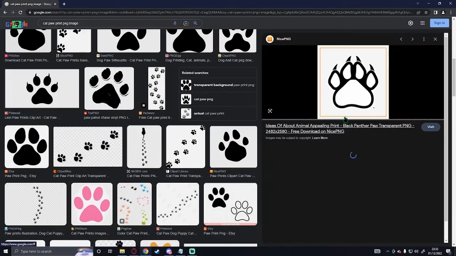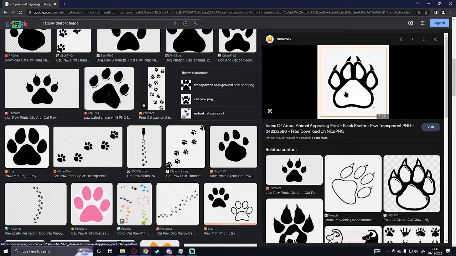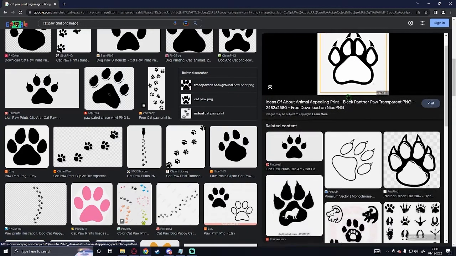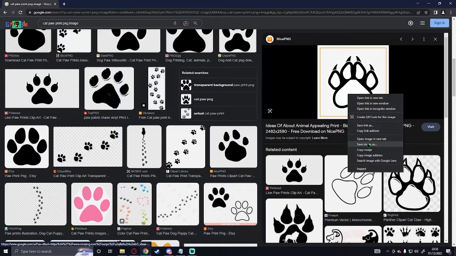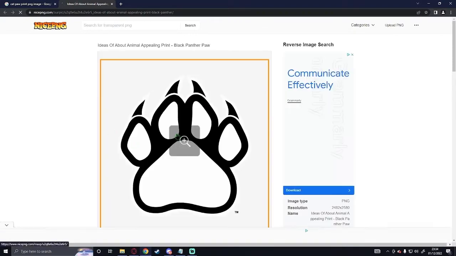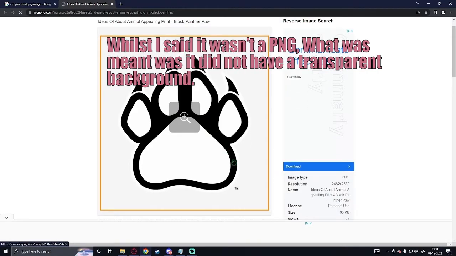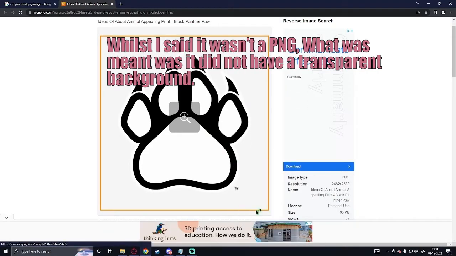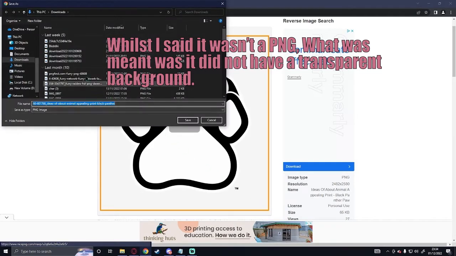Paw print. Ooh, that's really nice looking. So let's go ahead and use this one because it looks really cool. We're going to go ahead and save image, or if you want to double check it's a PNG, because I want to make sure it's PNG. See, I didn't think it was going to be a PNG. So let's go ahead and just download this image,